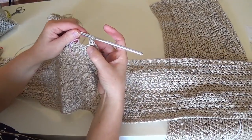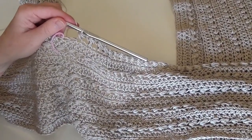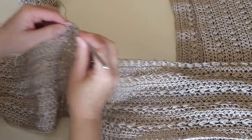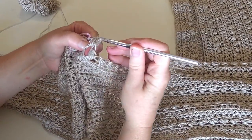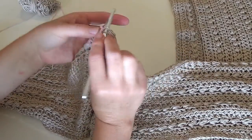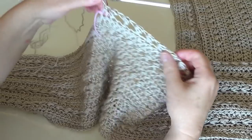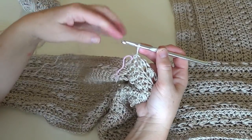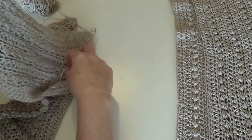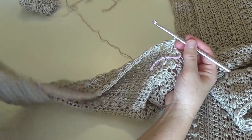I have worked a puff stitch right in the previous stitch, so I will skip one, and I'm going to work a simple half double crochet to last stitch where I have my marker with a pink piece of yarn, and I will stop crocheting for the front piece. So at this point I will turn back and continue crocheting a simple